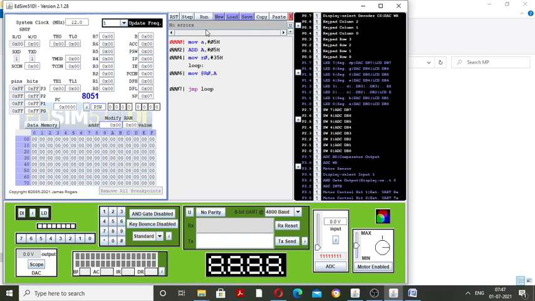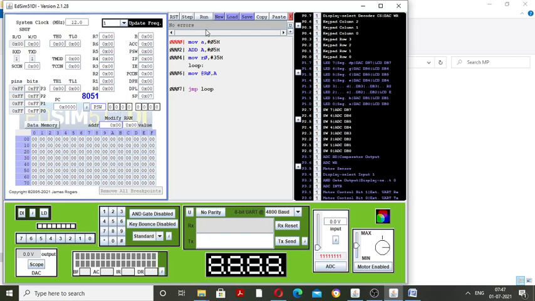After execution, here the R0 content will be 35. That is here. Accumulator content, what is it? 05 plus 05 is 10, and 10 is equivalent to hexadecimal value 0A.